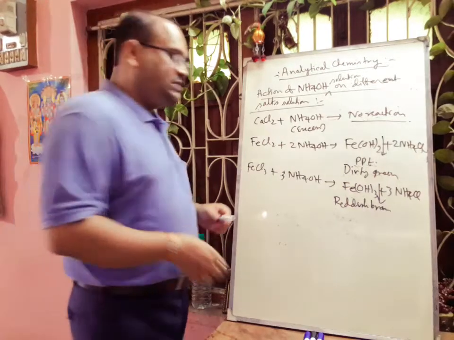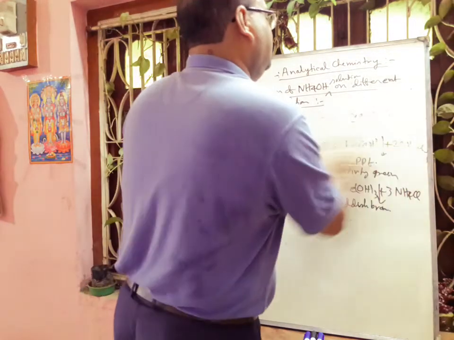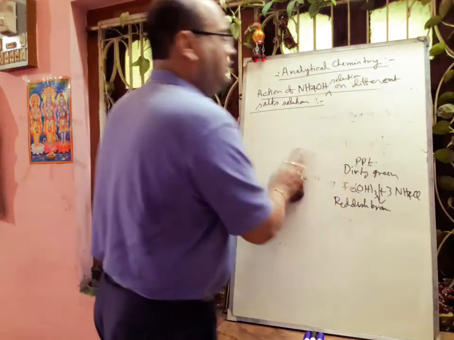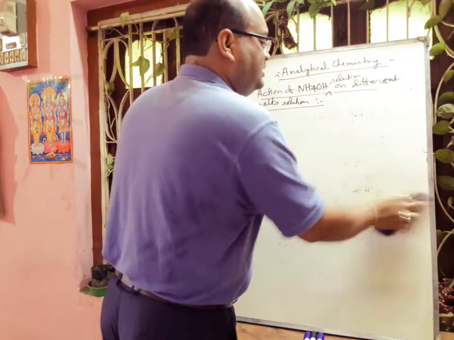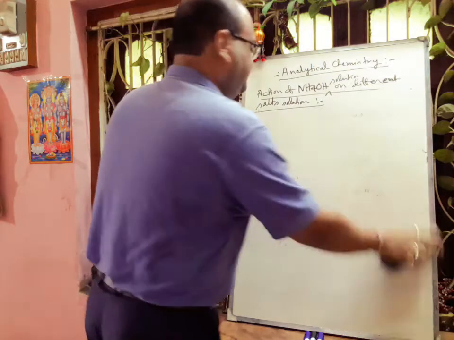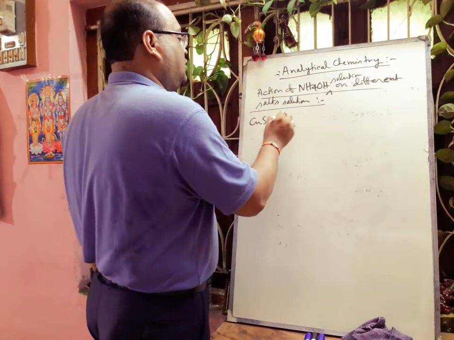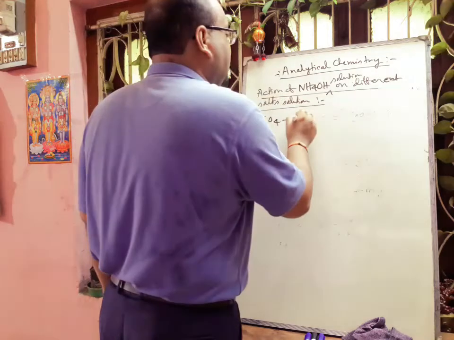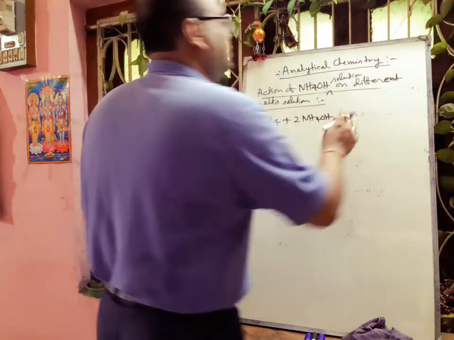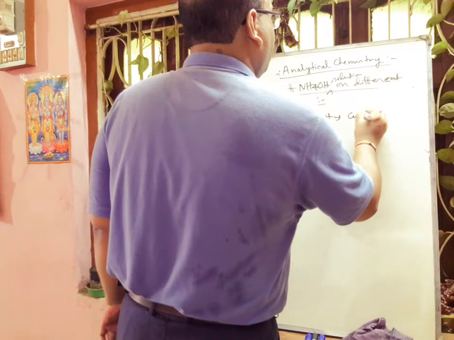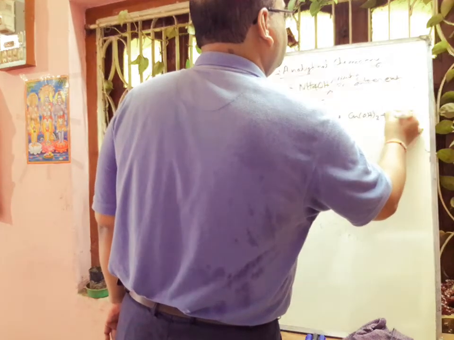Okay. Next, we are taking that copper salt. That was also a question of one of the students, how tetramine copper salt, a complex salt, we can prepare. If we take copper sulfate solution, first we are adding a little ammonium hydroxide. Okay. So first it will form copper hydroxide plus ammonium sulfate.